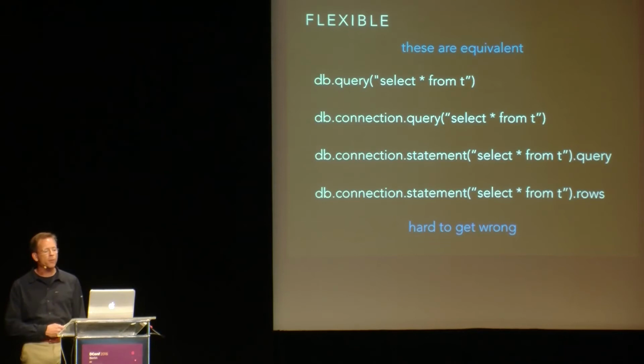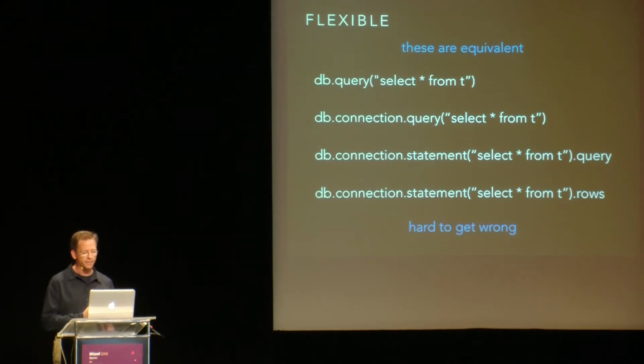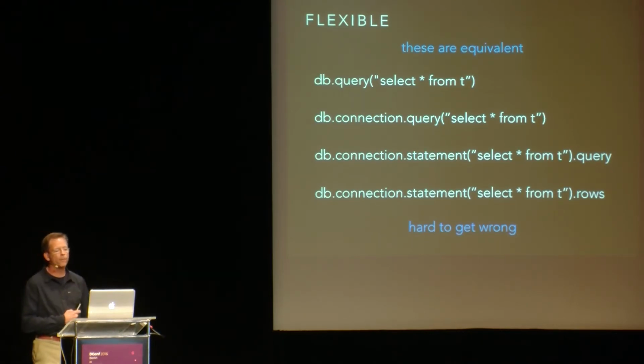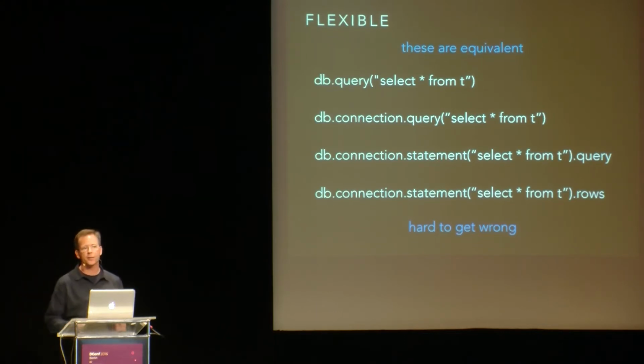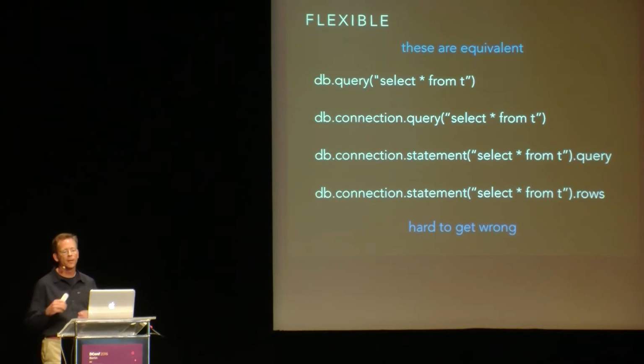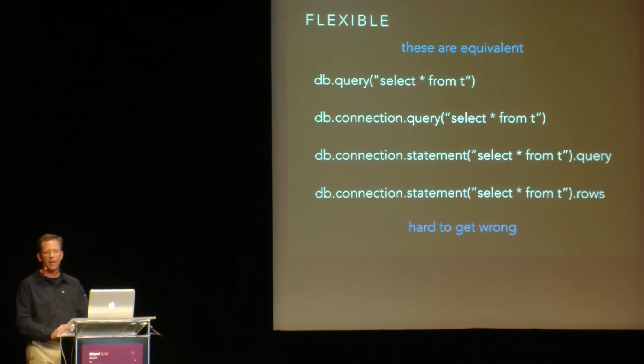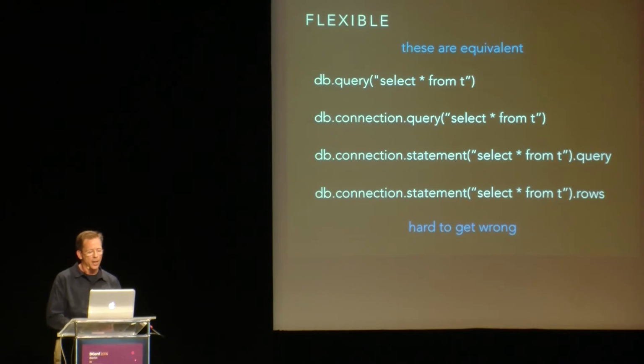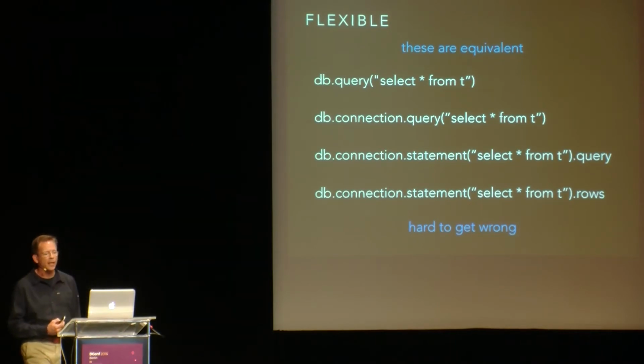So here, at this point, I want to point out some flexibility in the interface. There's four different ways here that I've issued a query. The first way is I've just taken a DB handle or DB object, and I've just said db.query. So if I want to do the minimum amount of work to just get something done without having to set up other objects, I can do that. I can do a query on connection. I can do a query on the statement. And I can do,